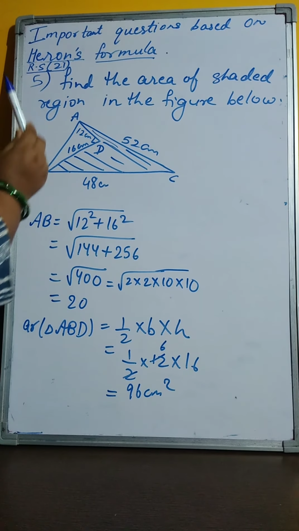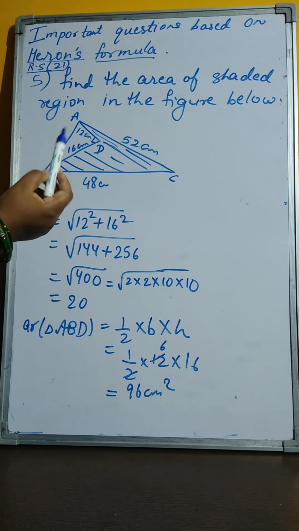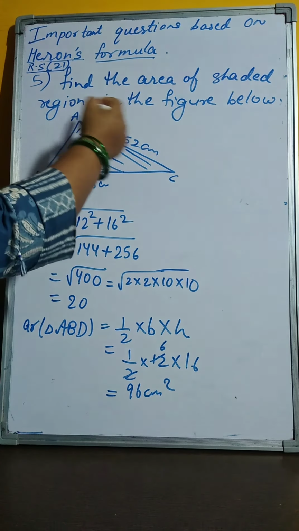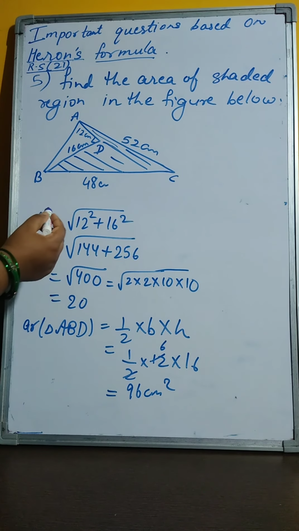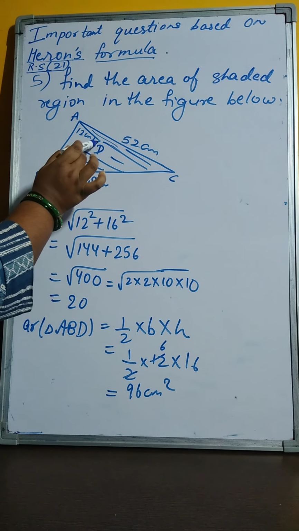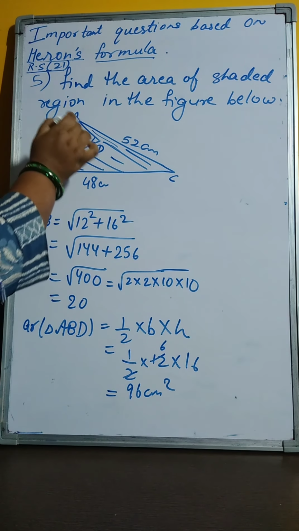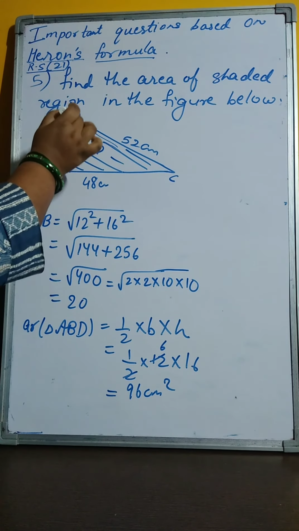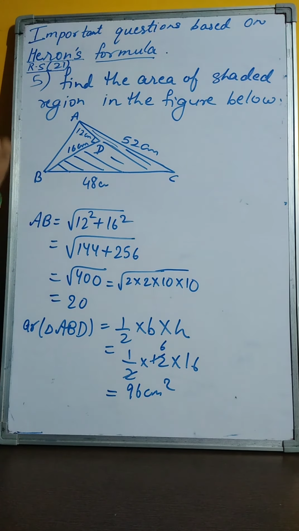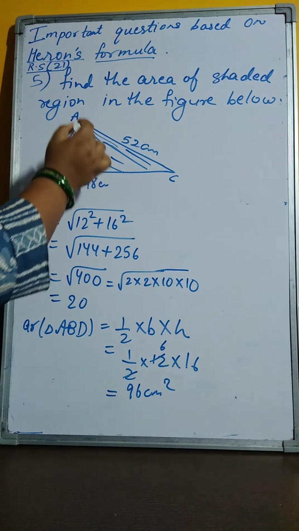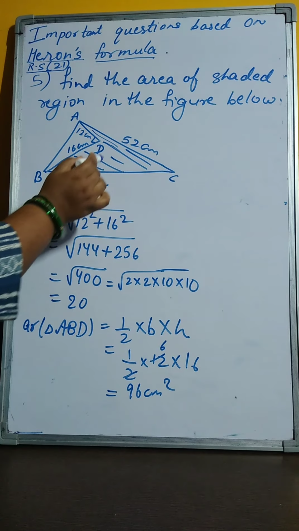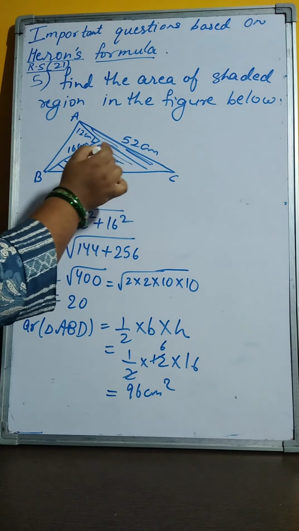Students, see, we will discuss question number 21 of R.S. Agrawal book. This is find the area of shaded region in the figure below. You can see here a triangle ABC is given, in which in between somewhere point D is there. With this A and B is joined. So we are getting a new triangle ADB. And ADB is containing some part of triangle ABC. So we have to find the area of this shaded region.